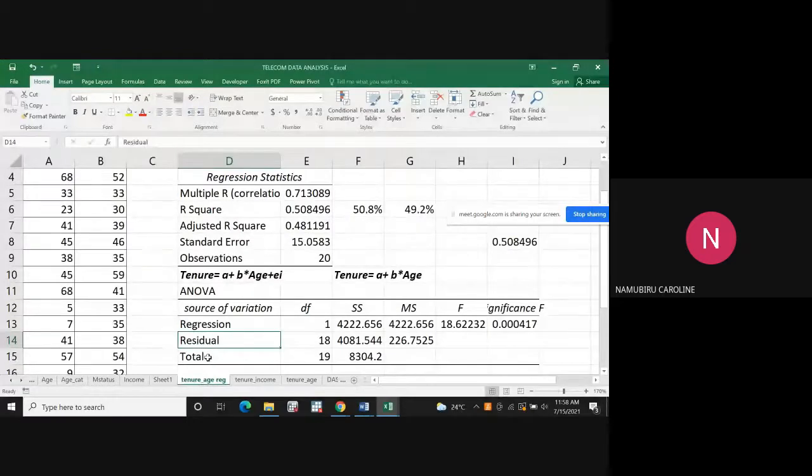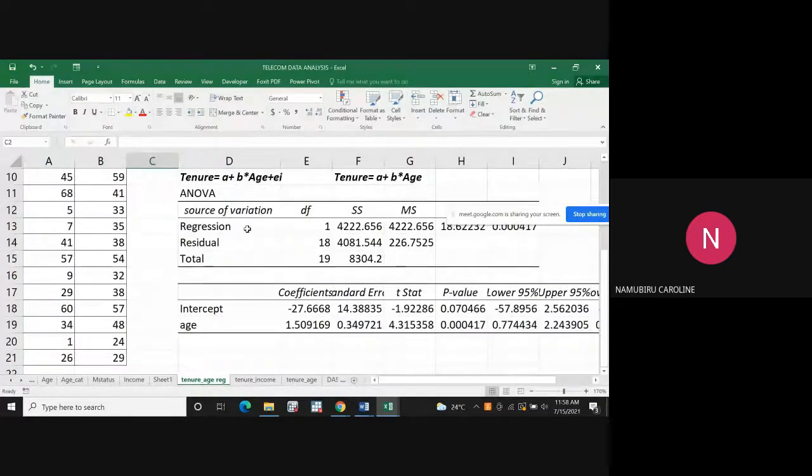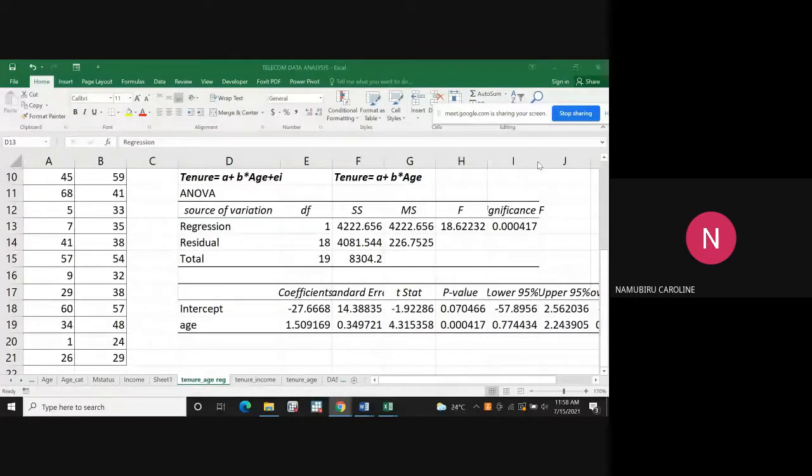And then this is the total variation, ideally meaning that when you look at this tenure data, you can see that the values are not the same. So this is the total variation, irrespective of whether age is there or it isn't there, or any other variable is there. So the interest you have whenever you're looking at this ANOVA table in regression is